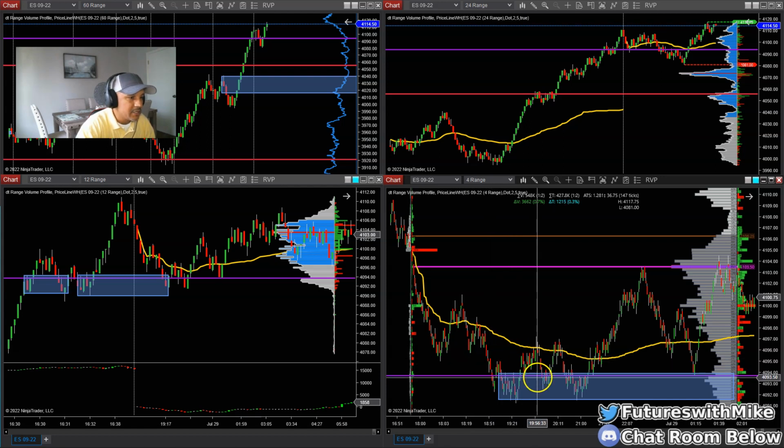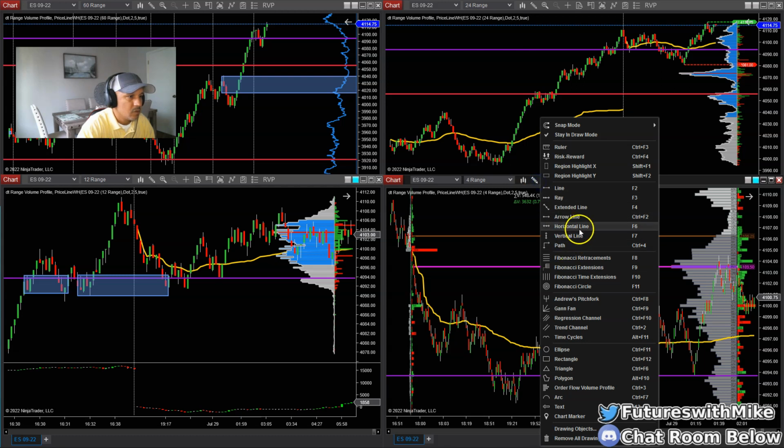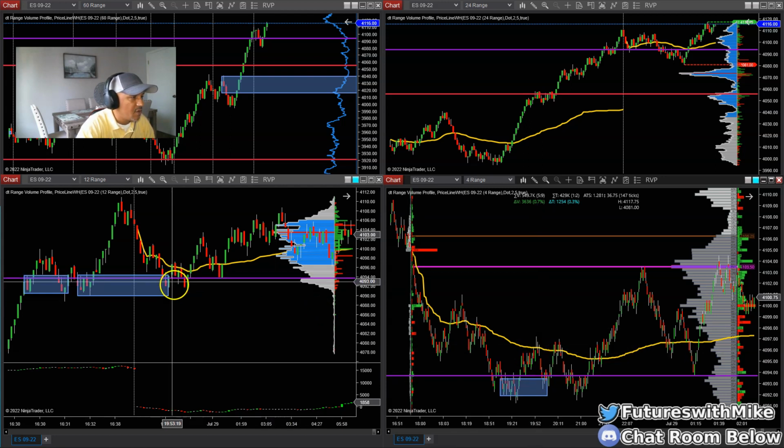The moment price comes back, we'll delete this, to this zone, where we at, rectangle, comes back to this zone right here, okay, green candle closes, take the trade back up to the prior high, which is this area here, and then you look at your 12 range as well.